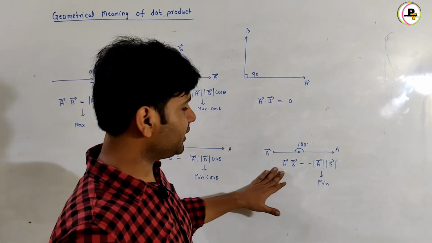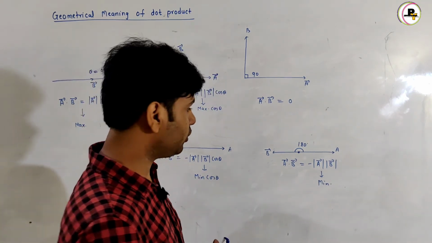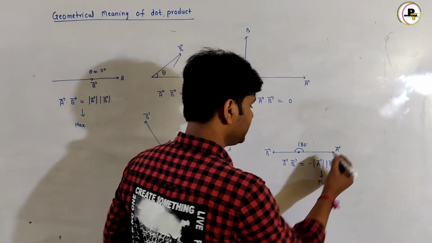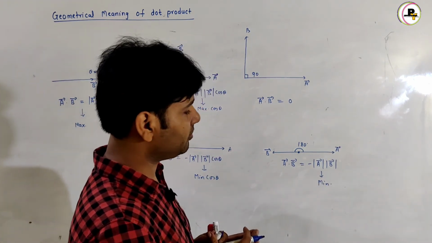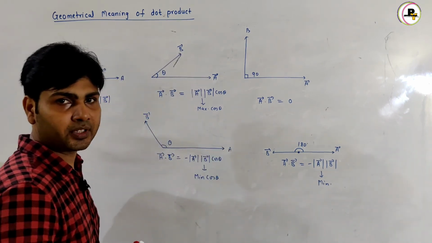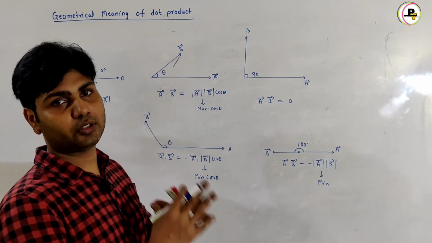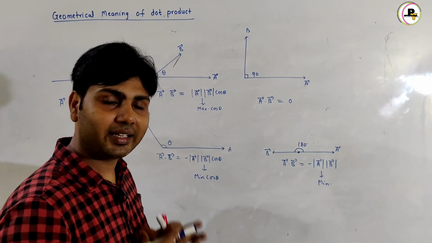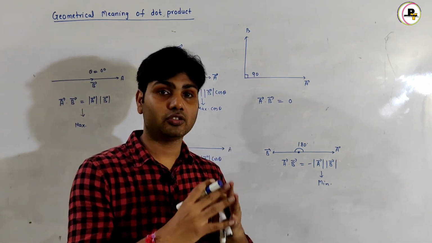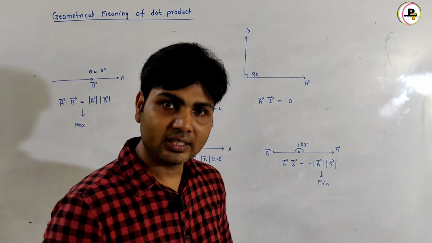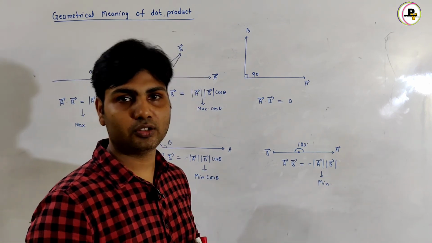And in the last case, that is in the fifth case, I take theta equals to 180 degree, that is two vectors are in opposite direction of each other. Therefore in this case A vector dot B vector is equal to minus mod of A vector into mod of B vector, that is I get the minimum value. So here theta is not the same in all conditions, therefore dot product of the two vectors is not the same. So I can say that the dot product of the two vectors is not similar to the multiplication of two real numbers or two scalar values. Here direction is also taken into account while doing the multiplication between the two vectors.